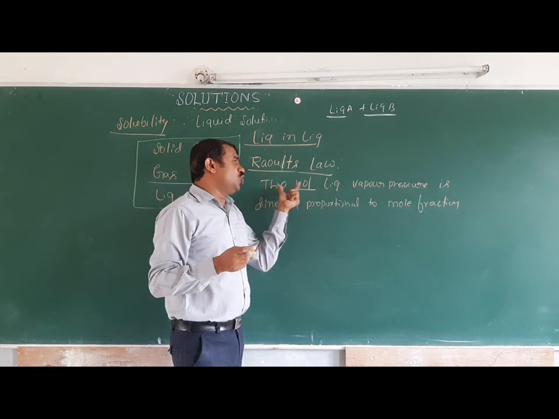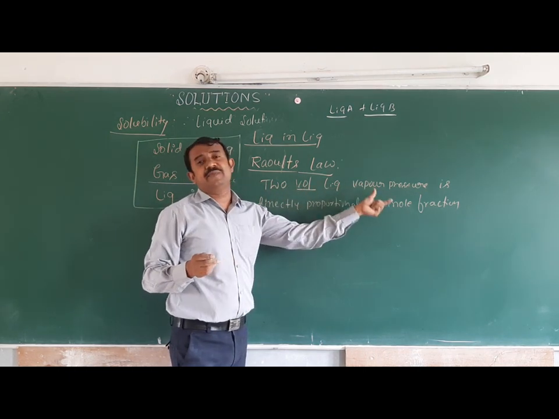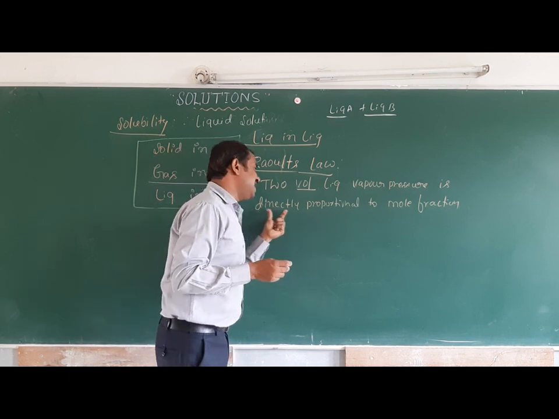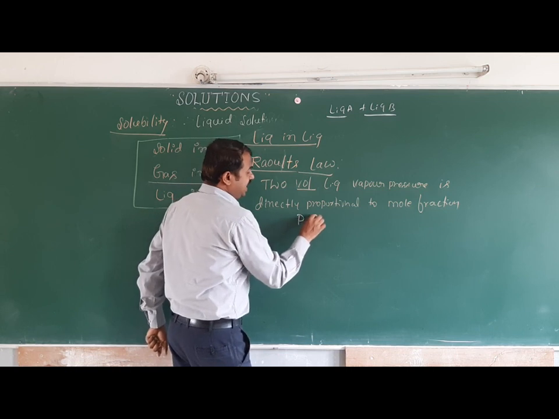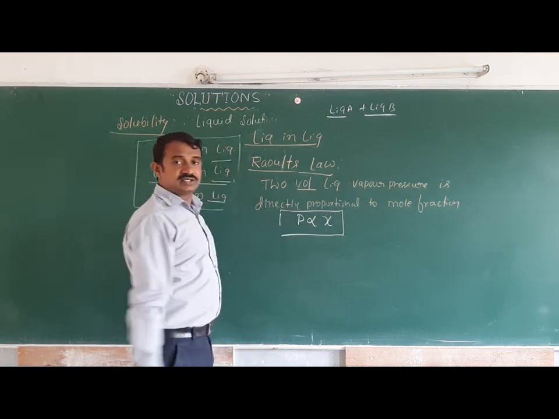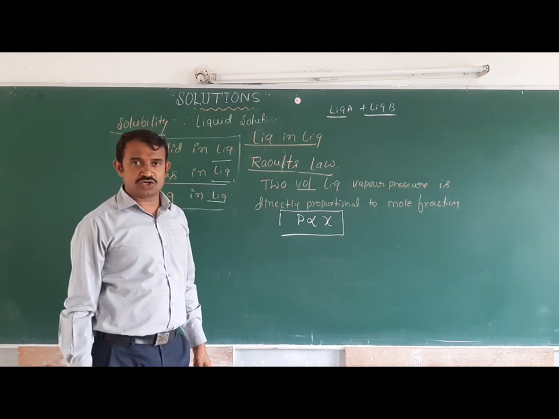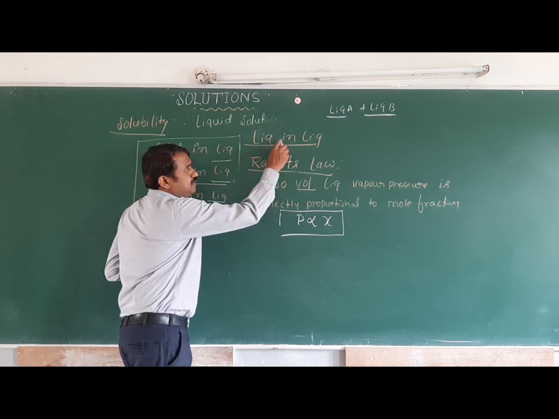Vapor pressure: for two volatile liquids, the vapor pressure is directly proportional to mole fraction. Here P is directly proportional to X. This is the mathematical expression of Raoult's law. If there is solvent A and solvent B,